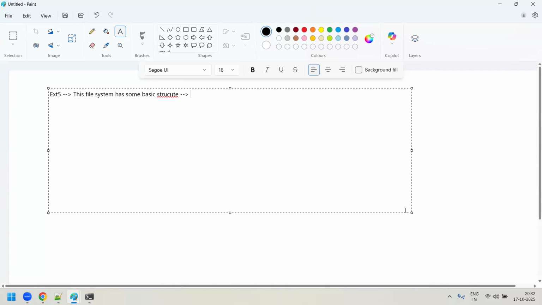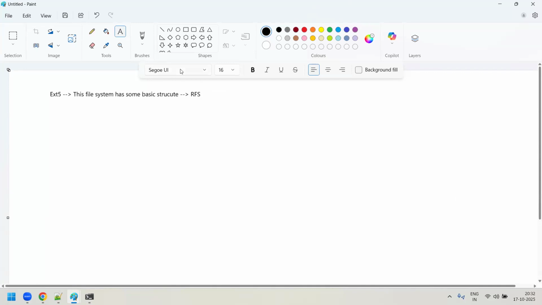When the file system gets loaded, by default it understands the root file system, RFS, which is the working structure. Your actual ext3 file system will be mounted onto the root file system. We call this root file system an inverted tree structure, because the root of the file system always starts with a slash, and below this slash